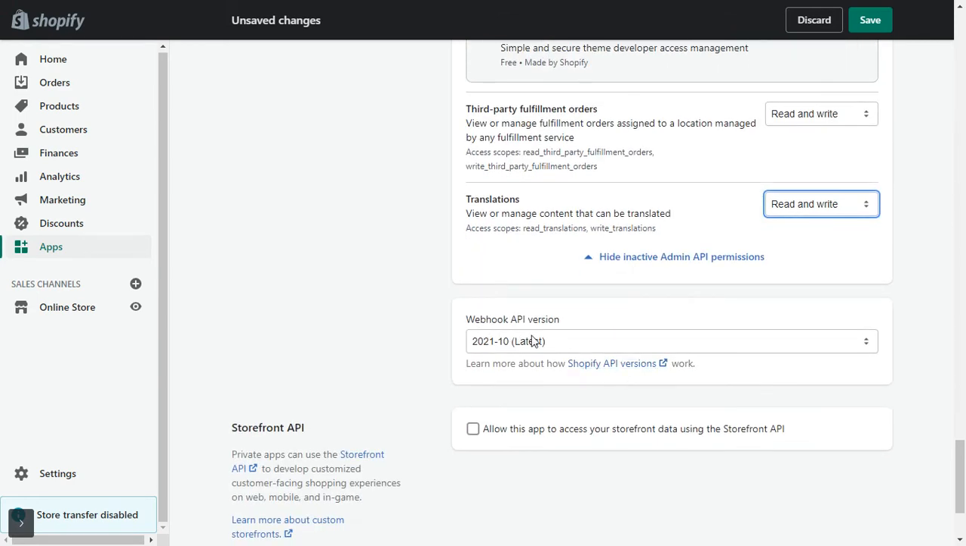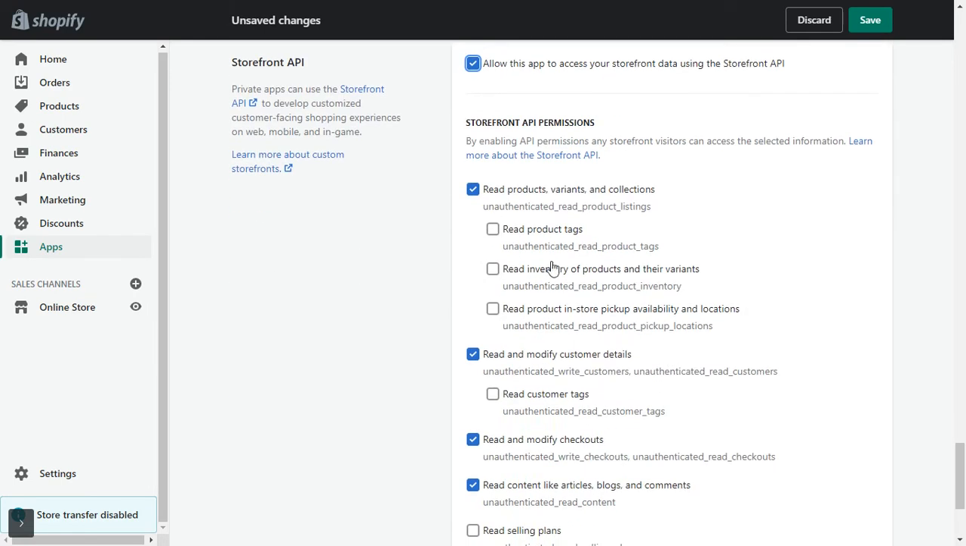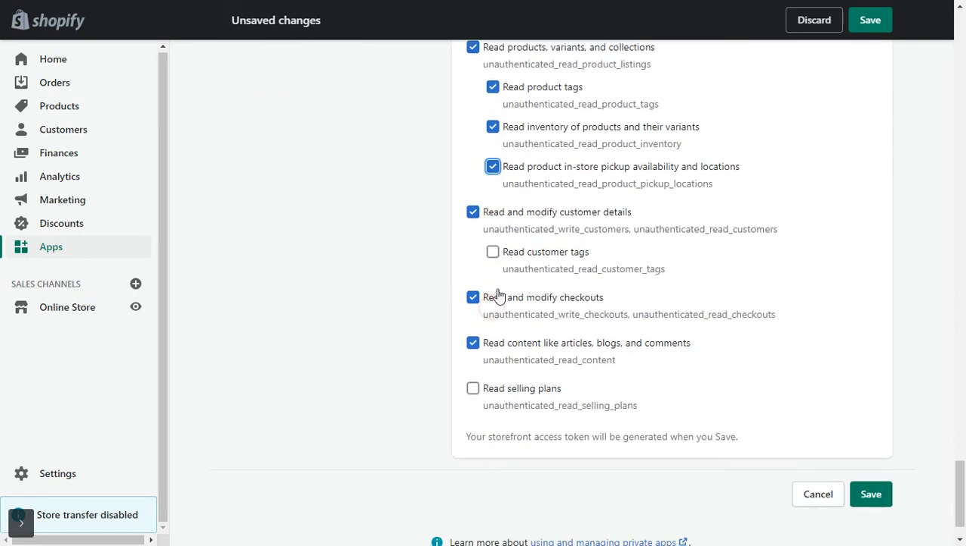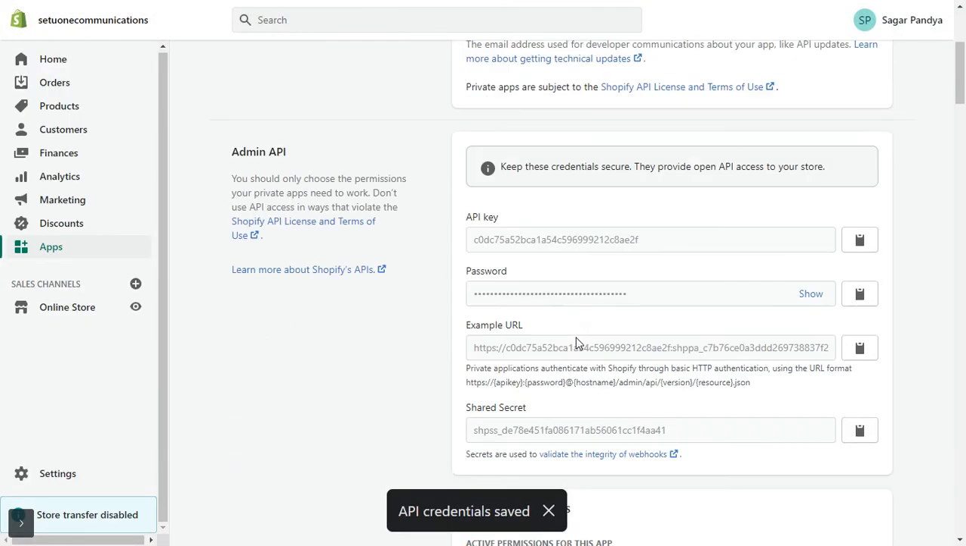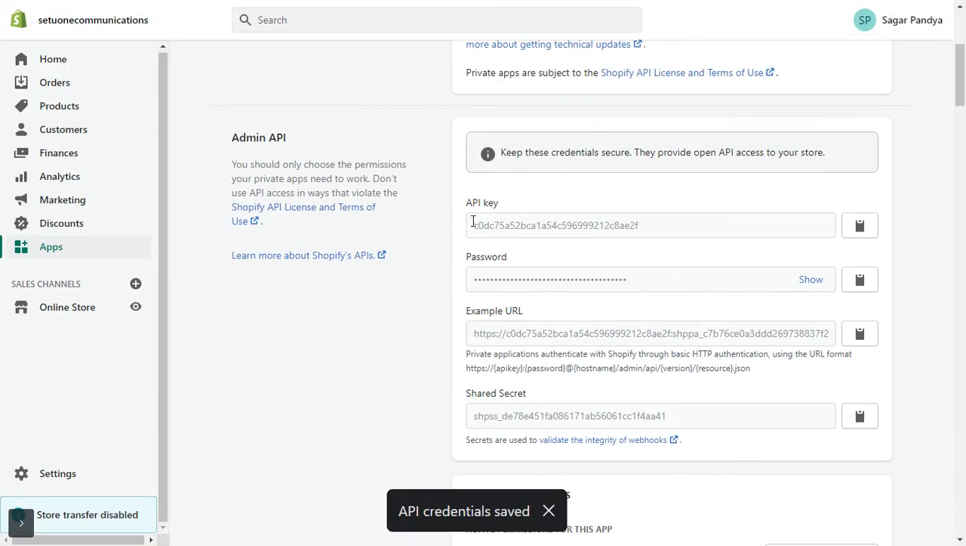In this webhook API version, select the latest version, enable this option, enable all these options, and then save it. Okay, create private app. This will generate the API key, password, shared key, and host. So you can see over here that all these required credentials, that is the API key, password, and site secret key